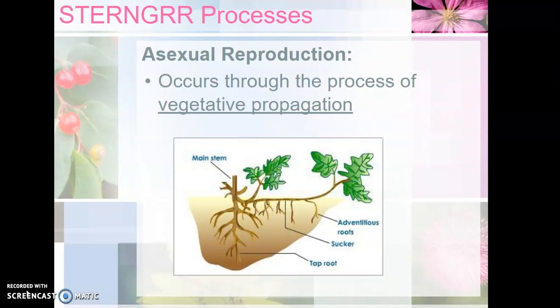Some plants can reproduce asexually, but not all plants. This happens through the process of vegetative propagation, which we learned about back in Module 5. Vegetative propagation occurs when a plant sends out runners, and then little shoots come up off those runners, like the one shown in the diagram, and each of those shoots develops into a new plant. And this is how strawberries, for example, or a spider plant is able to reproduce,